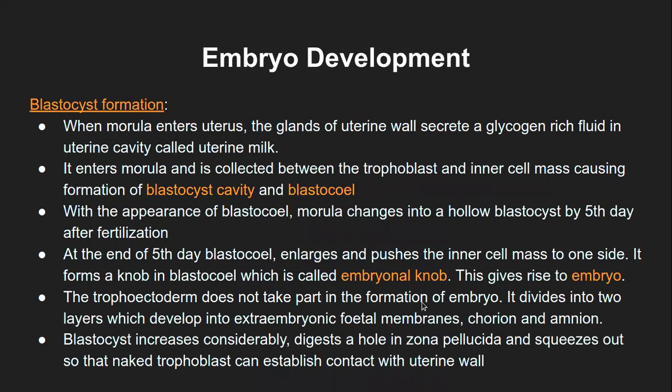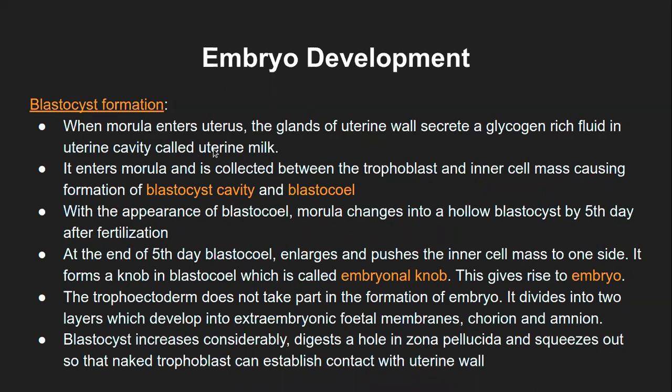So now the inner cell mass is formed. That mass of cells has entered the uterus, of course, along with the zona pellucida layer, and the zona pellucida will disintegrate later. The whole Graafian follicle structure, including the corona radiata, has gone because of the hyaluronidase. Zona pellucida is still intact. It will come down along with the fused zygote, forming the blastomeres, forming the morula mass, and that morula is coming down to the uterus.